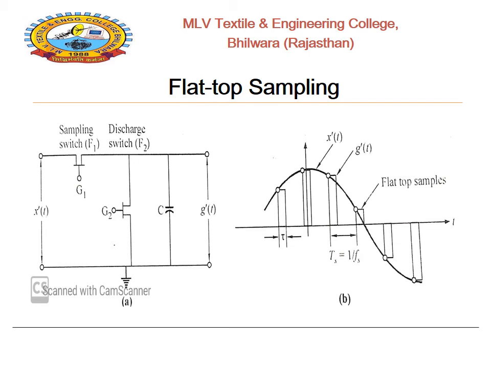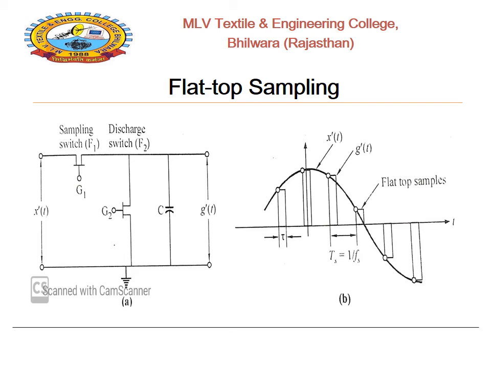Next, the third type of sampling is flat top sampling. As observed in figure B, the tops of the pulses are flat, whereas in natural sampling the tops are not flat. So the difference between natural and flat top sampling is that in flat top sampling, the tops of the samples are flat in nature, as given in the circuit diagram shown in figure A,